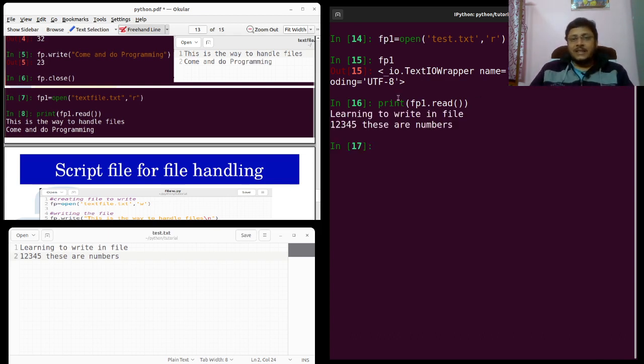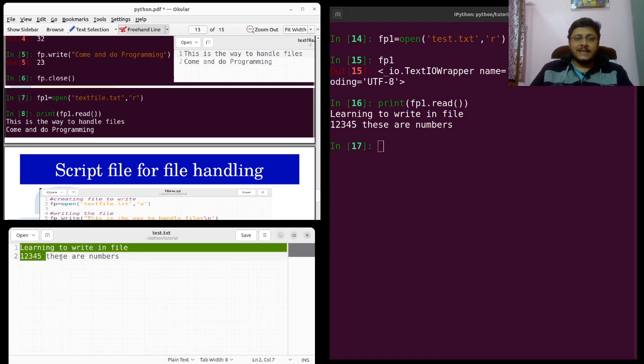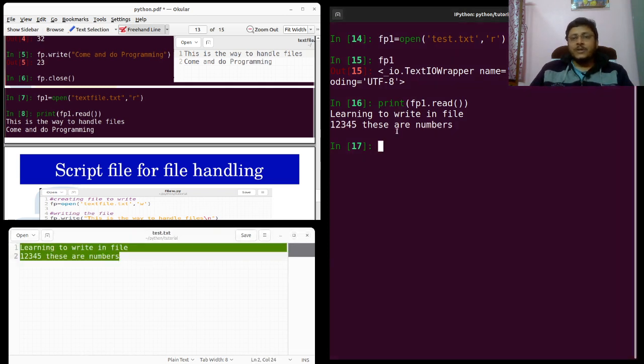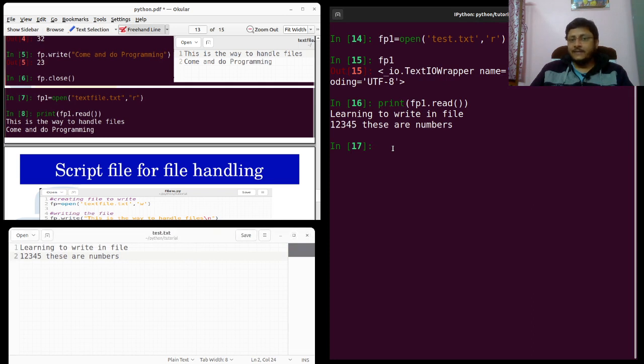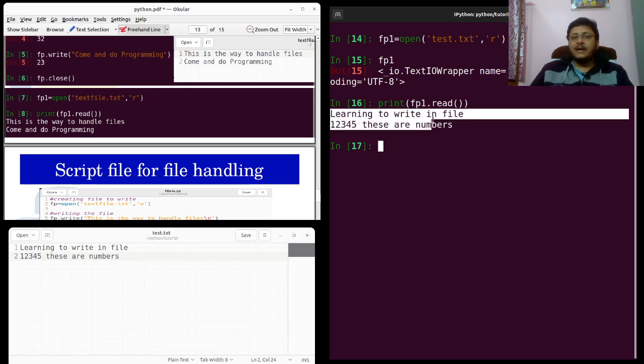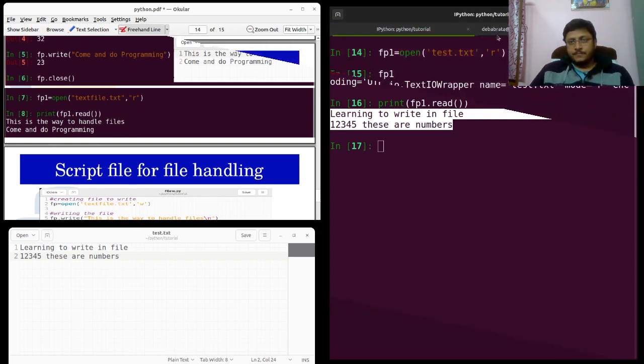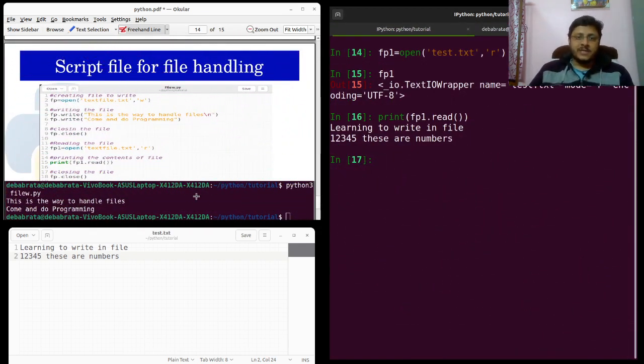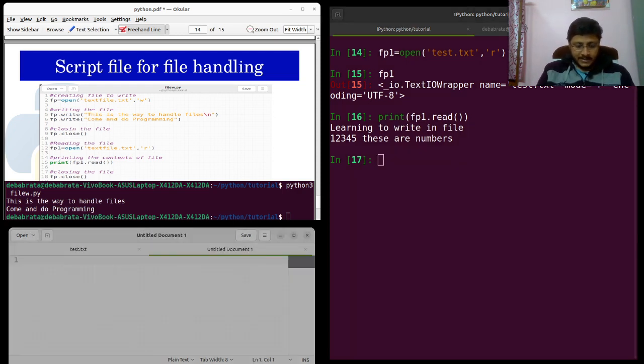Check: learning to write in a file 1 2 3 4 5. These are numbers as it is written in the file. So it has just read the file and gave the output from that file. In this way we can read any file we have created. Now we can write some script file to handle the file in any editor and then run it in Python. Suppose we are creating a file and saving it,